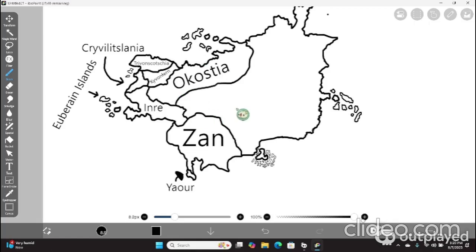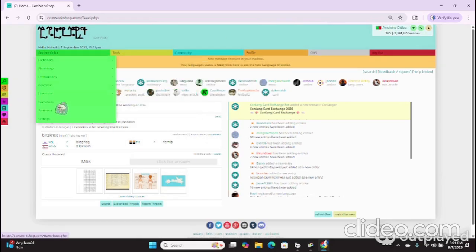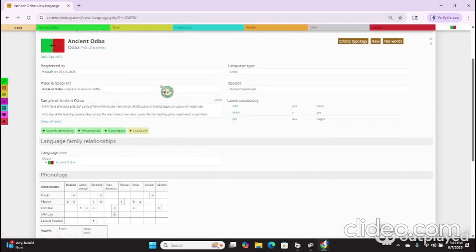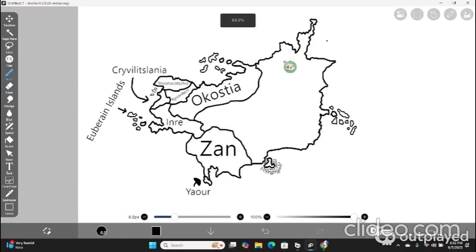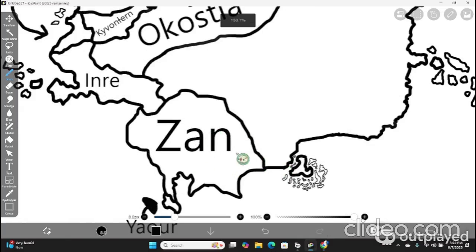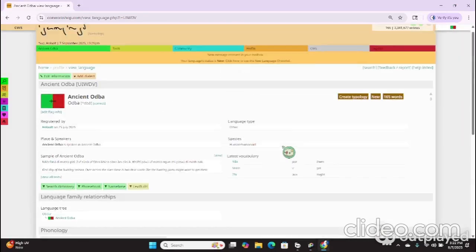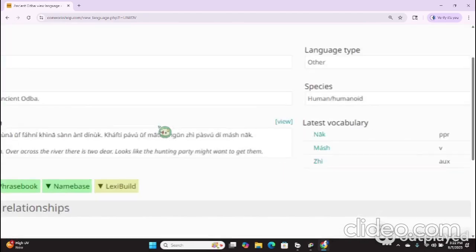The history of this continent is very blunt, but let's go right into the conlangs of this country. Ancient Ubda, the language spoken by the Great Ubdan Empire, the mother tongue of all the languages that fall in this main continent. Starting around here in modern day Jan, the Ubdan Empire was a massive empire that stretched over more than half of the continent.